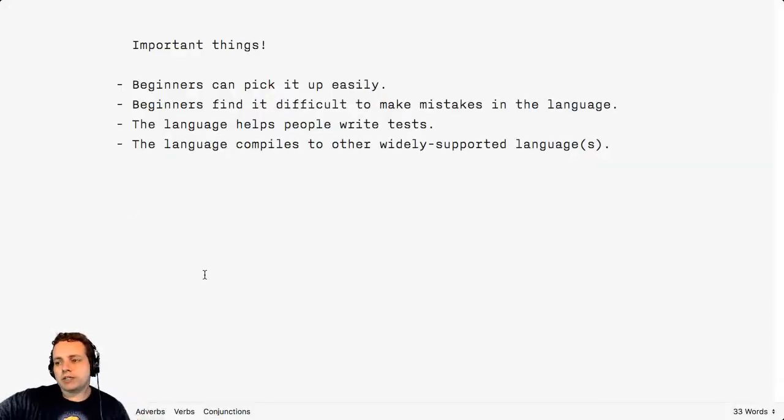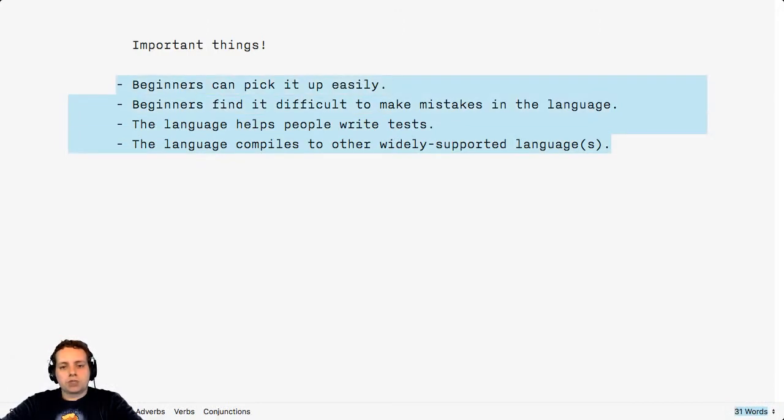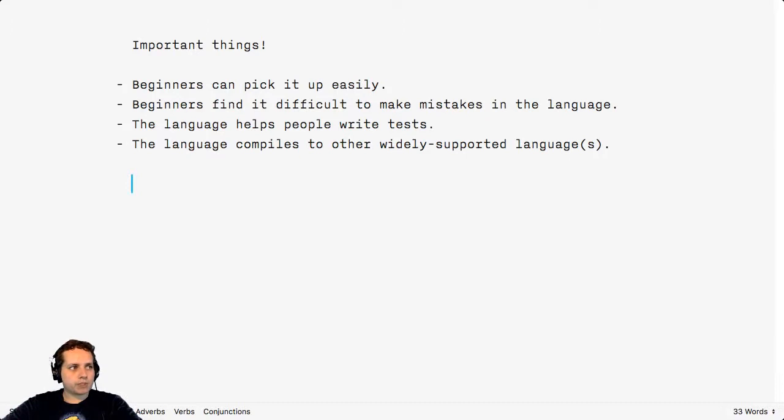So in the first 20 minutes we spoke about the expectations for the language, how I got to this point of wanting to make a language, and what I consider important about it. And we got a list of important things which should guide questions that we have about language constructs. So I thought it would be a good time to start talking about actual syntax of the language.